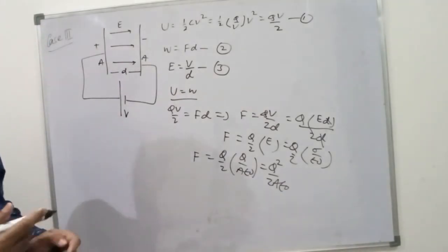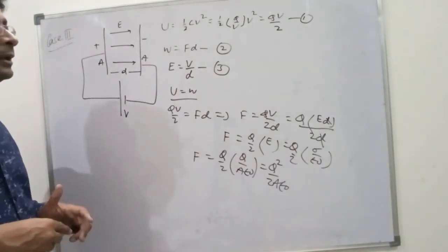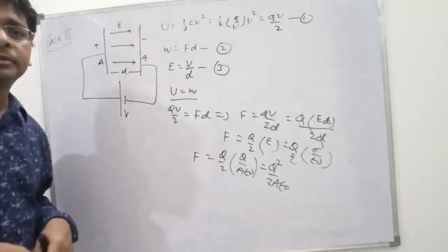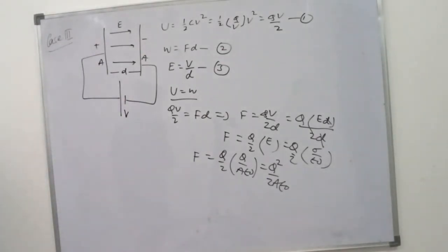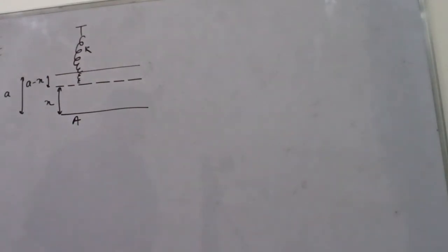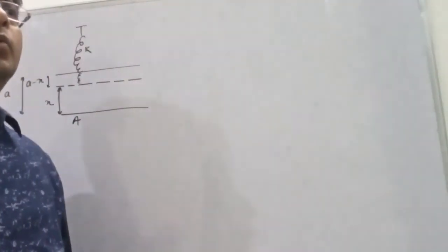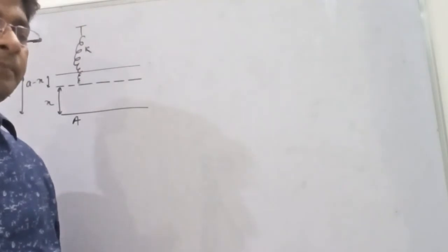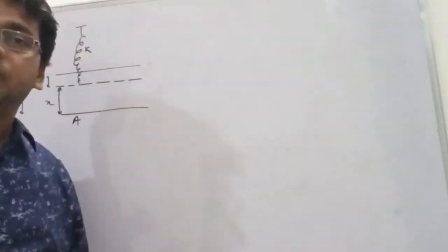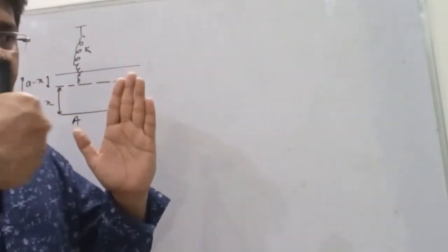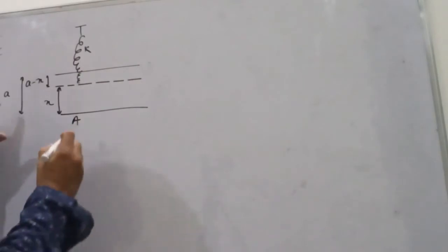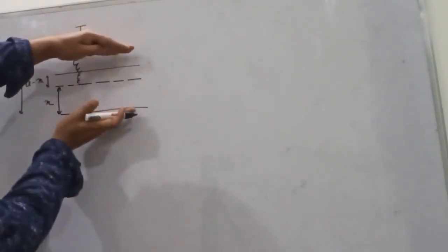And moving ahead further, I am taking another case. Just note it down first. Now let's discuss a case when one of the two parallel plates is joined with a spring. Plates try to attract each other and the spring tries to hold it. Let's see that. This is the initial position of the two plates.